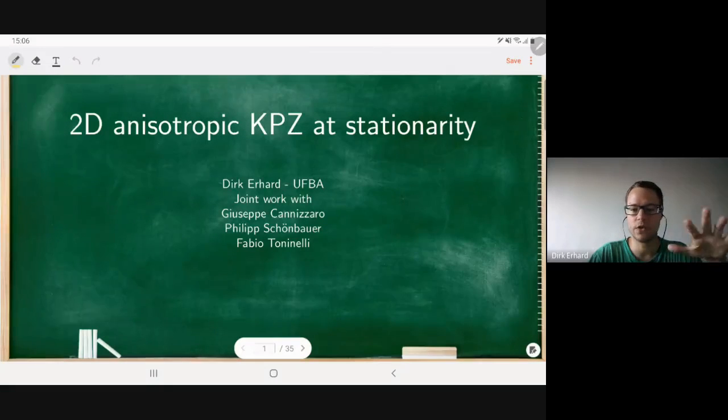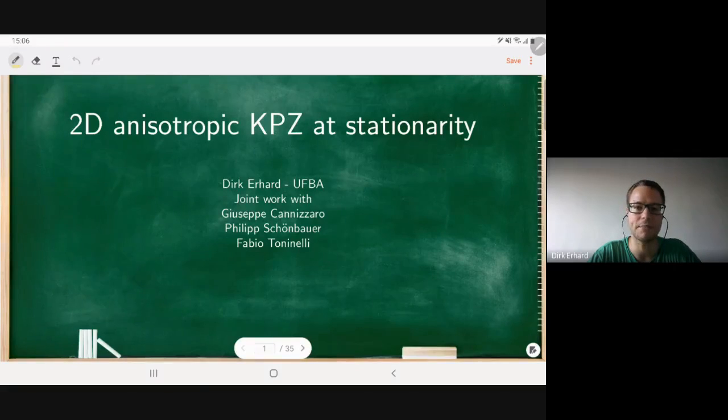However, this work is based on a recent work I did with Giuseppe together with Schönbauer, who was a PhD student from London, but who left academia. That's why I decided to put him in here, because some of the things we use really rely on previous results. Okay, so I guess that maybe most of you have seen at some point the KPZ